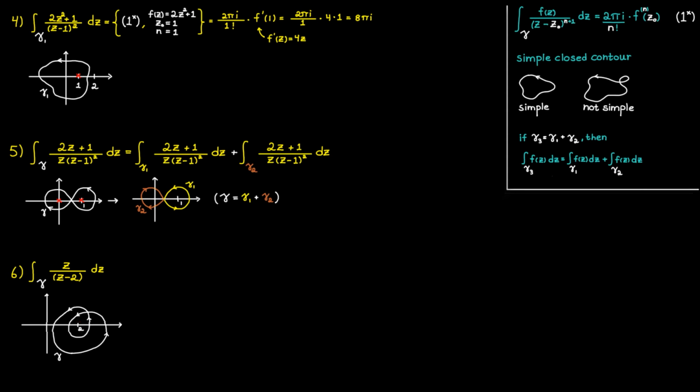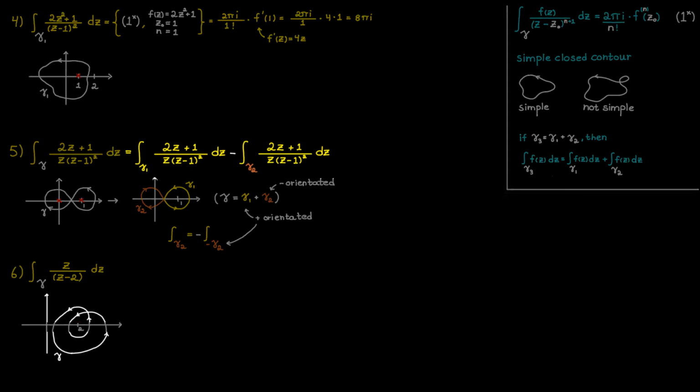Notice here that gamma 1 is positively orientated, while gamma 2 is negatively orientated, which means that we cannot use Cauchy's integral formula for a second integral, since that contour is orientated the wrong way. But we can fix that quite easily by knowing that the integral along some path gamma 2 is going to be equal to minus the integral along gamma 2 but taking in the other direction, which I'm going to denote here by minus gamma 2. And by using this, we can rewrite the expression up here to the following.